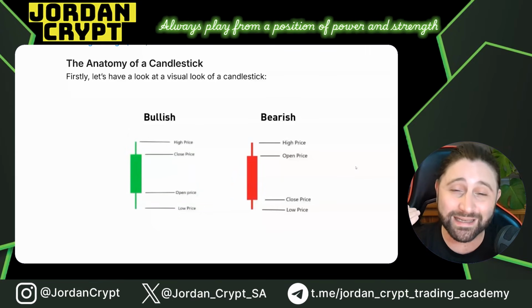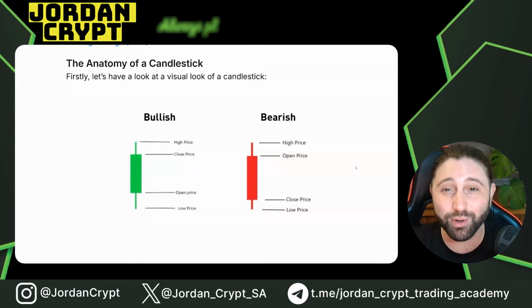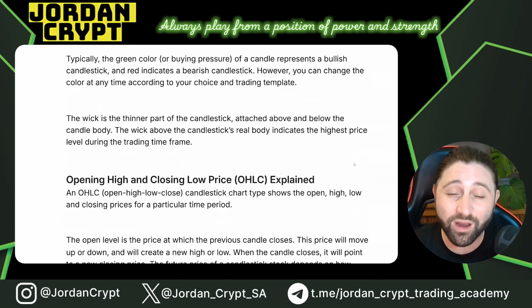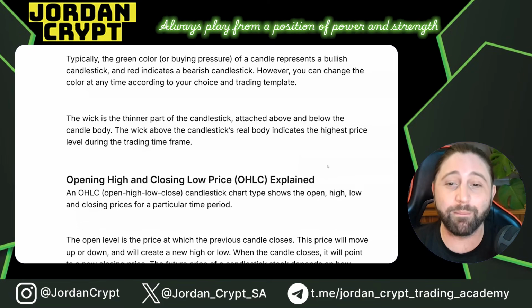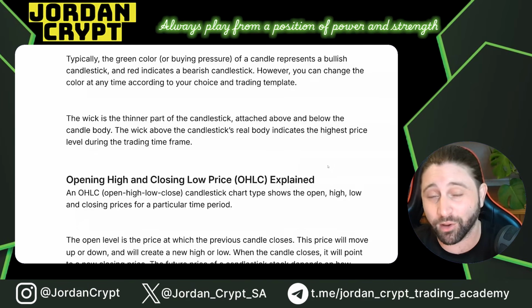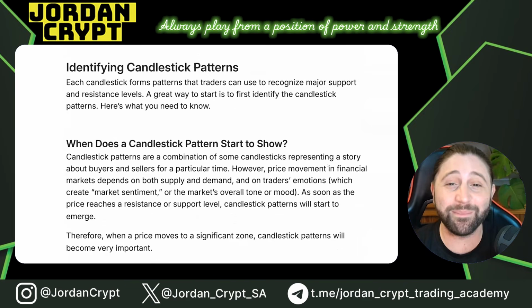If the close price is above the open price, it will be a bullish green candle. If the close price is below the open price, it will be a bearish red candle. The wick of your candle is the thinner part of the candlestick attached above and below the candle body. The wick above the candlestick's real body indicates the highest price level during the trading time frame, and the same for below. Each candlestick forms patterns that traders can use to recognize major support and resistance levels, and these are